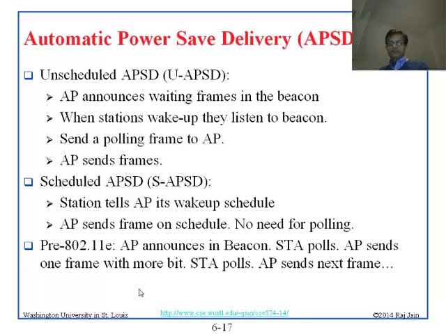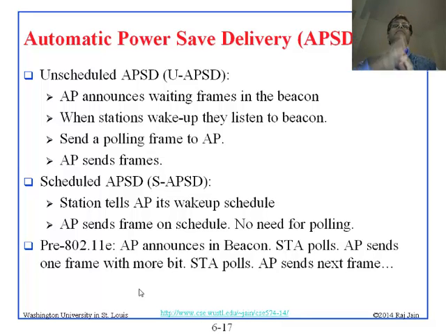Automatic power save delivery. Now we didn't actually do the power save delivery very well last time. I'm going to do it now. Previously, what happens is when a station goes to sleep, it tells the access point that I'm going to go to sleep now. And then it just goes to sleep. And whenever there is a frame to that station, STA is the word for station, by the way, IEEE word, the access point will save it, will not transmit it. But it will put into the beacon that I have a frame for station number 13, 15, 27, and 23. All right? So everybody, when they wake up, they listen to the beacon, and if they see their name in the list,